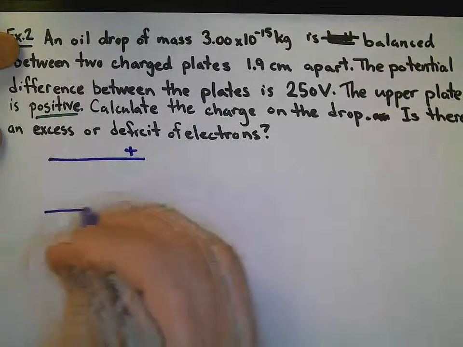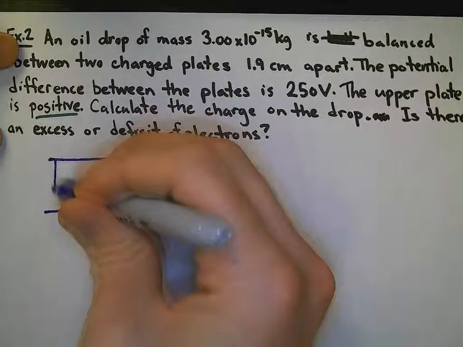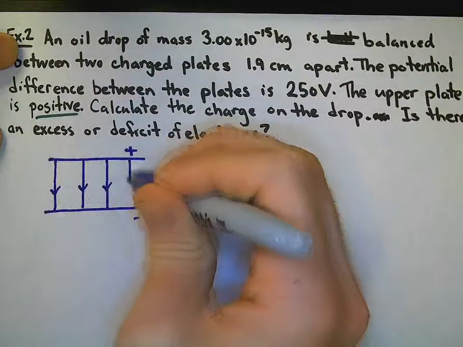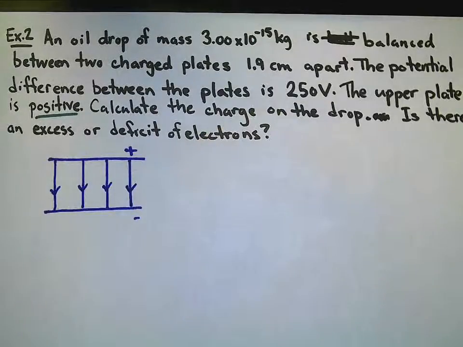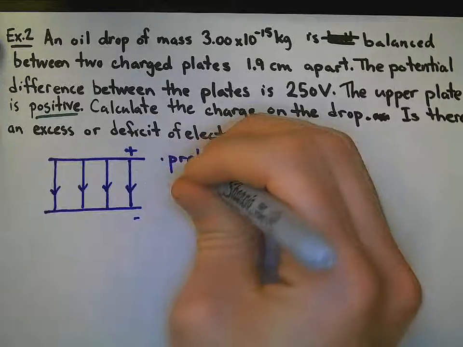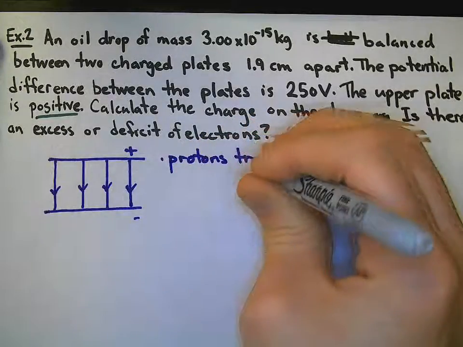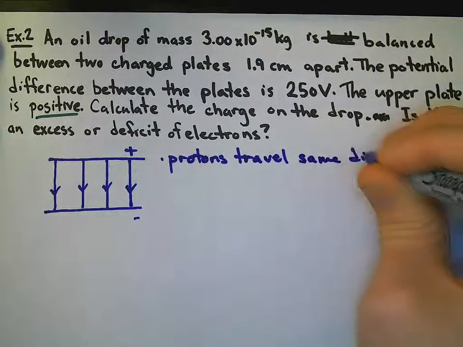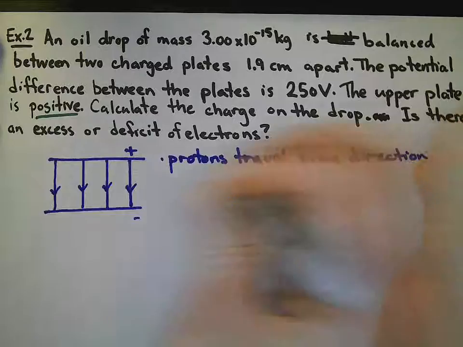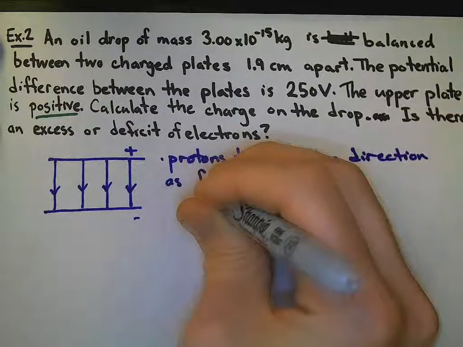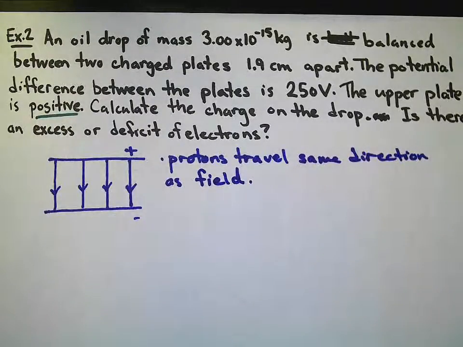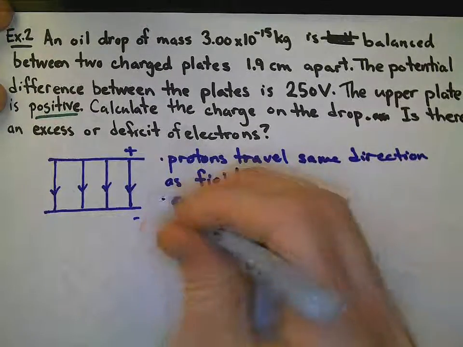So field lines move from the positive charge to the negative charge, and the protons travel in the same direction as the field lines. That means our electrons will travel in the opposite direction, so electrons will travel